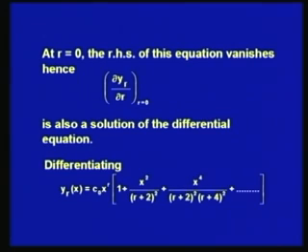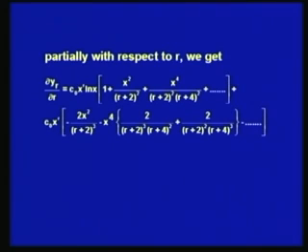So when we differentiate y(r, x) equal to C naught x to the power r into 1 plus x square over (r plus 2) whole square plus x to the power 4 over (r plus 2) whole square into (r plus 4) whole square and so on, partially with respect to r, we will get ∂y/∂r equal to C naught into x to the power r into ln x into 1 plus x square over (r plus 2) whole square plus x to the power 4 over (r plus 2) whole square into (r plus 4) whole square and so on, plus C naught x to the power r multiplied by minus 2x square over (r plus 2) whole cube minus x to the power 4 into 2 over (r plus 2) whole cube into (r plus 4) whole square plus 2 over (r plus 2) whole square into (r plus 4) whole cube and so on,